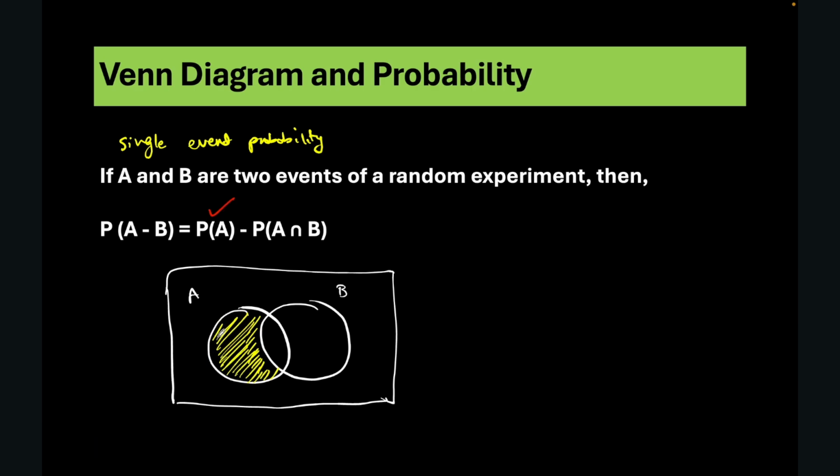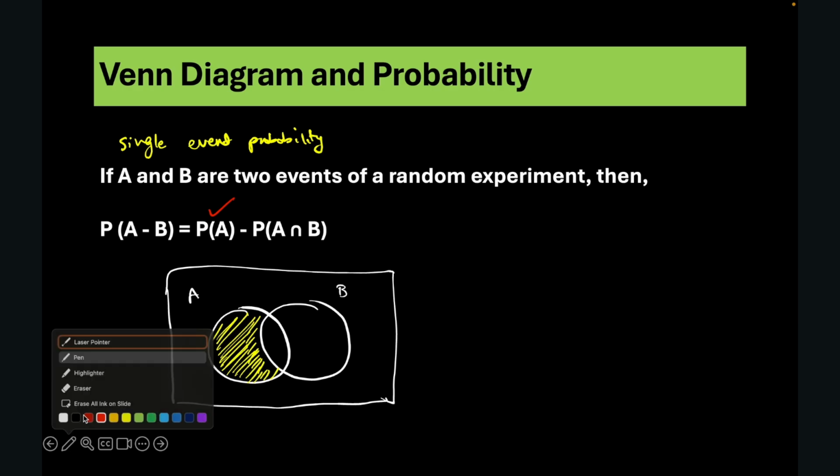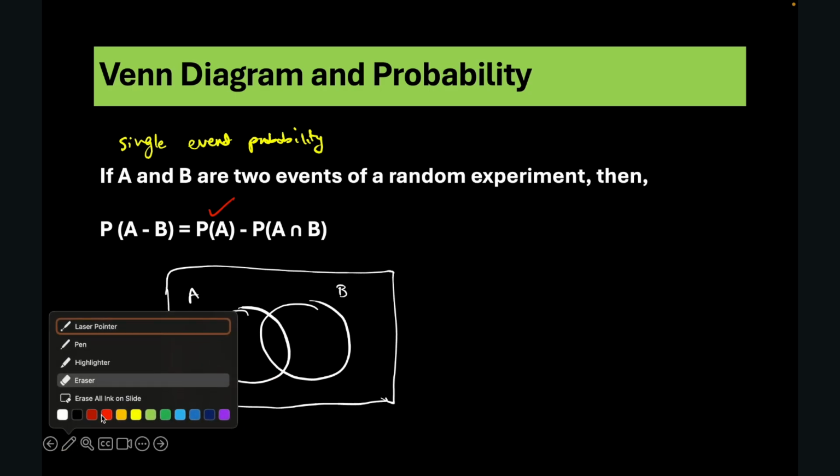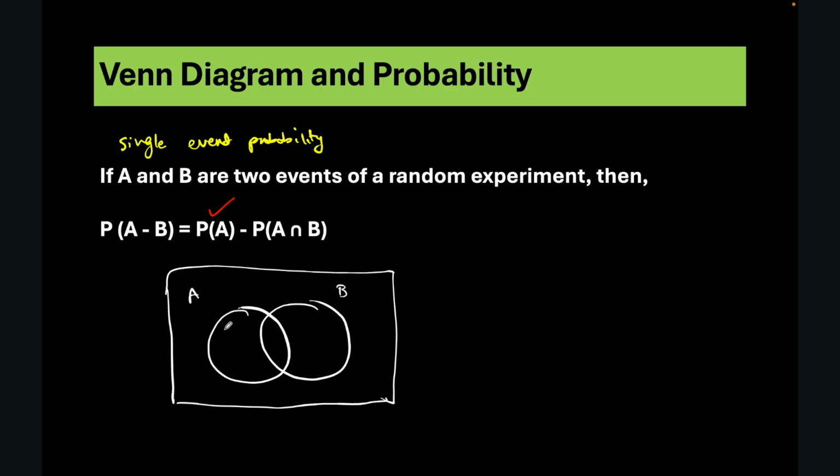Okay, well, to find the probability of A, let me erase this now. To find the probability of A, you're going to be finding everything in A, which means the overlap as well. So it's going to be this complete area. But now, if you just want what I had originally shaded in yellow, to get that,